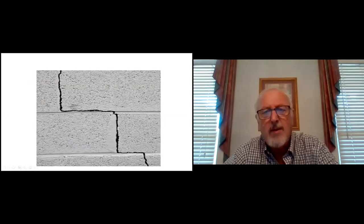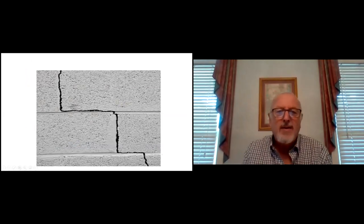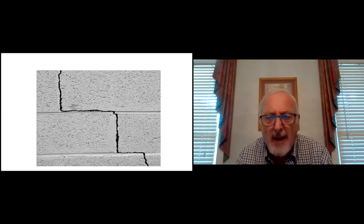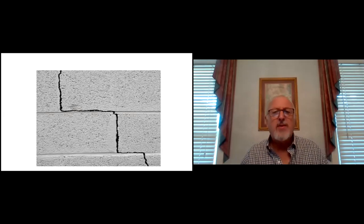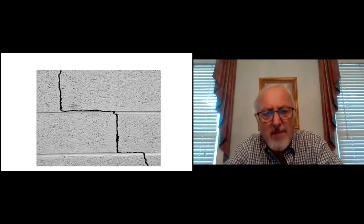We're also looking, of course, for any kind of settling. So here's a good example: cracks in the foundation. It's settling, a stair-step crack. Now, this would certainly be something that we'd be looking at as well, going through that crawl space. Again, it depends on if this is visible on the exterior. If you have a brick exterior, where you would see the same crack all the way through,